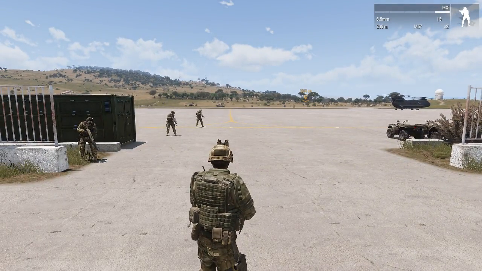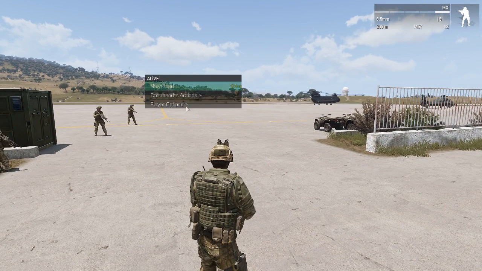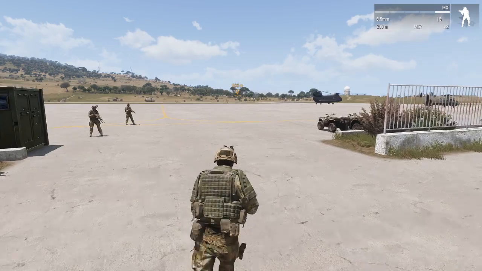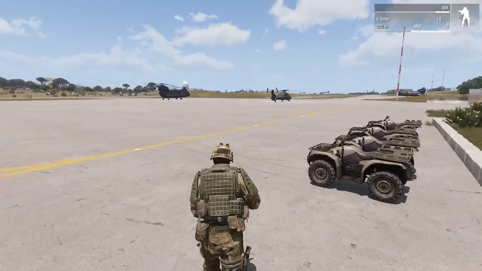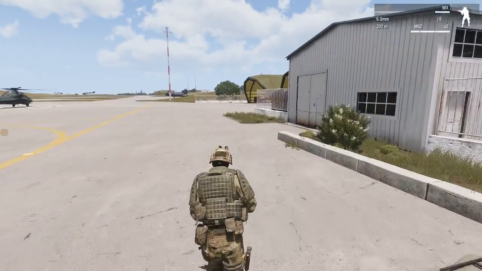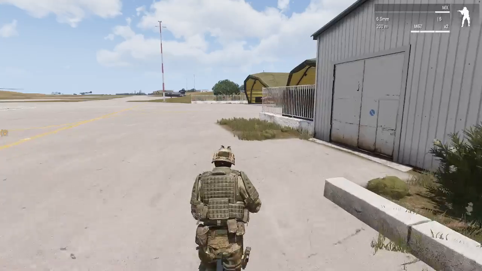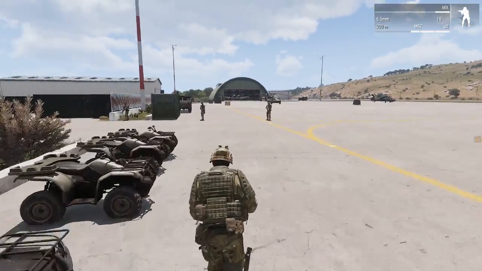And let me show you how that works. So I'm just going to go over here and do a respawn. Make sure I'm nice and far away. Oh wait, let me show you something else really quick. I actually left my squad, so